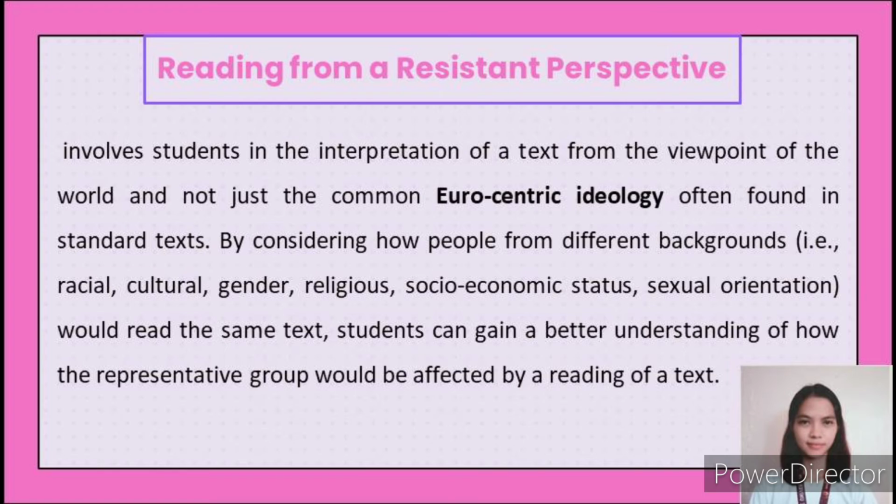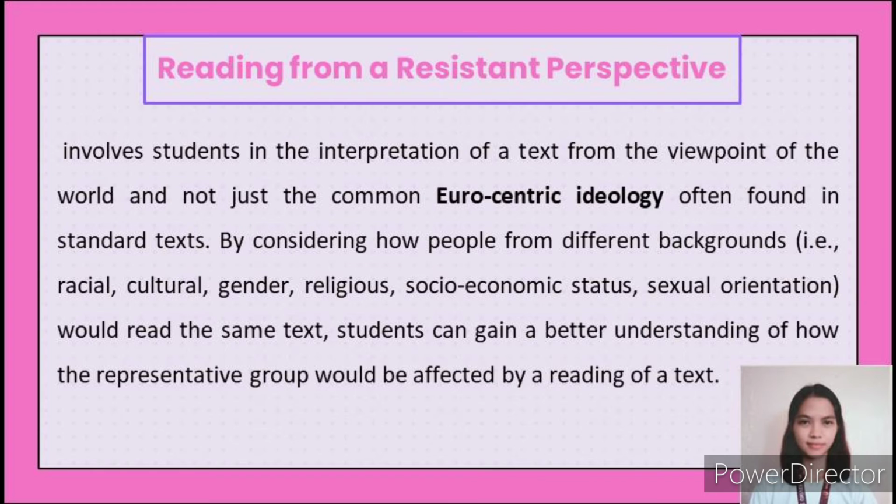The students not just comprehend the idea or viewpoint, but it can actually be relatable based on people's backgrounds such as racial, cultural, gender, religious, socioeconomic status, and sexual orientation. From this point of view, it is not just the idea or manifestation of the reader, but also based on the personal experience and background of the reader. Berman revealed that some teachers use the resistant perspective approach and students learn to read a text using